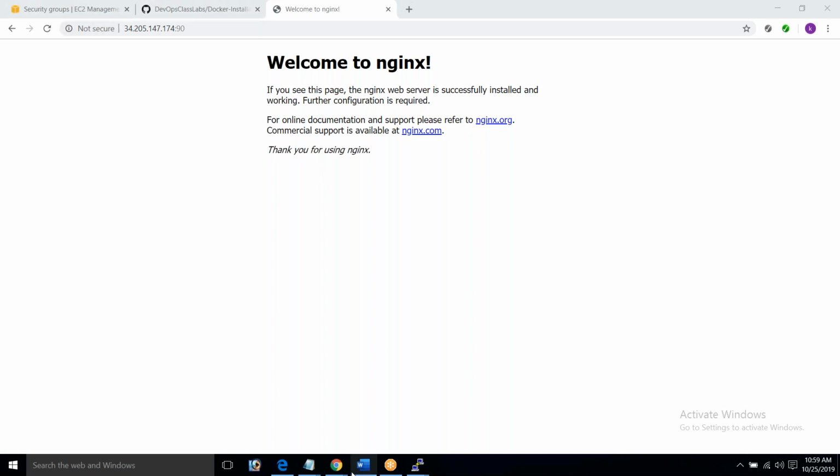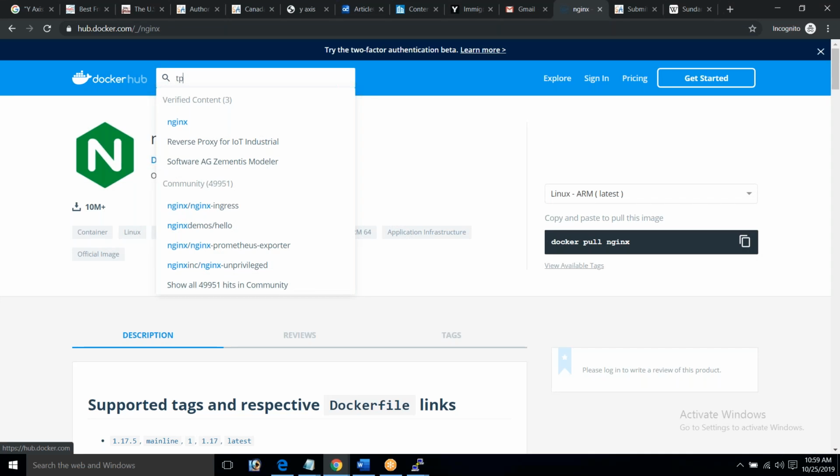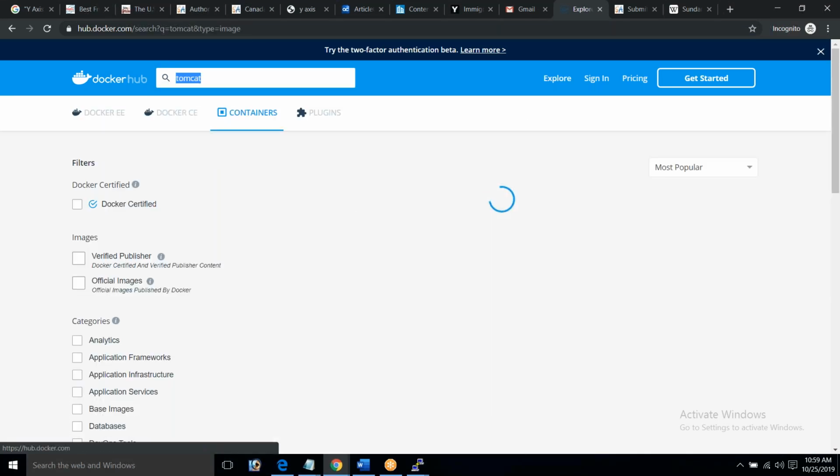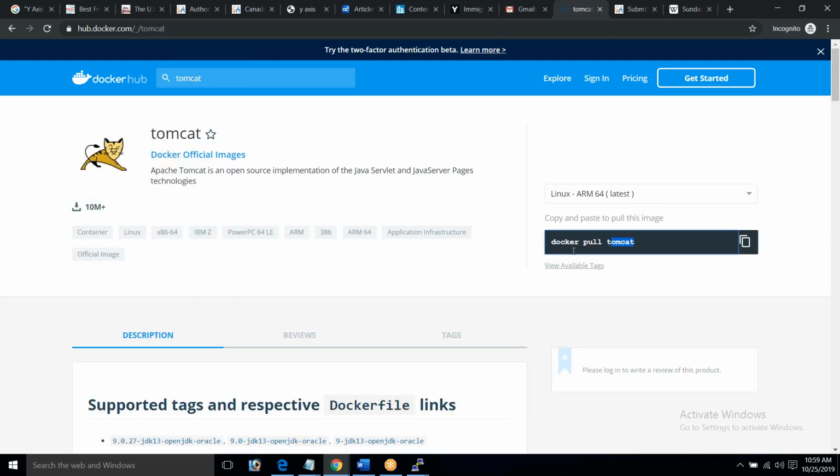Now let's verify whether we have the Tomcat image. Type tomcat. There it is. And we have what? Docker pull tomcat. Pull the image.